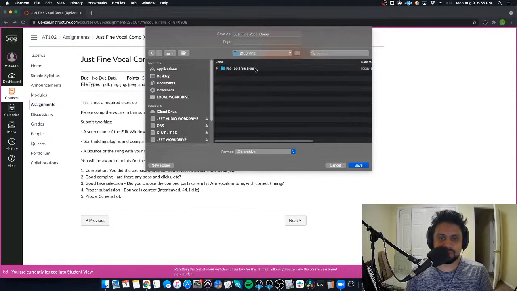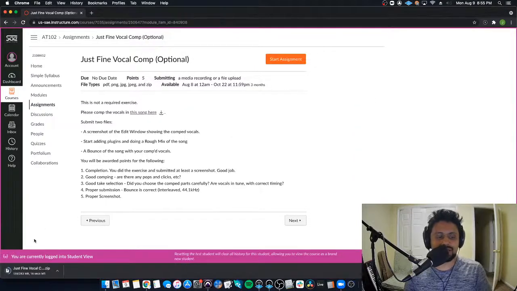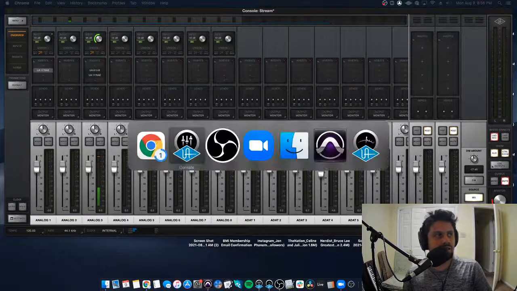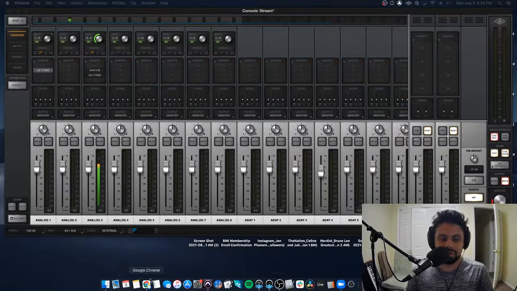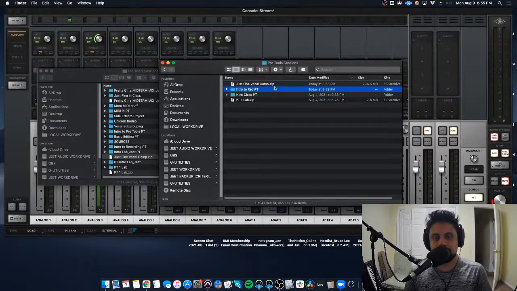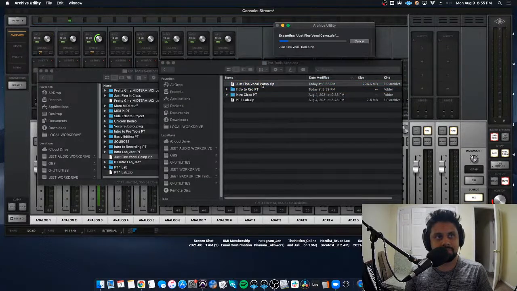What downloads is actually a zip file. Now again, you want to save it in a proper location, right? We've already talked about what a zip file is. It's basically a package that contains a bunch of folders and files. Once it finishes downloading, you see justfindvocalcomp.zip, and if you double click on the zip,